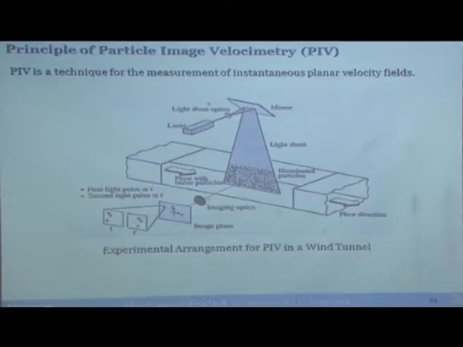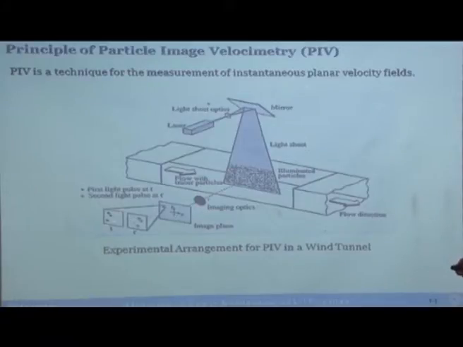So, you have laser sheet optics, which is nothing but a combination of lenses. The circular beam is then converted into a very thin light sheet, and this light sheet is going to illuminate the flow field. So, you are adding the particles here. This flow is seeded with the tracer particles, and when it passes through the sheet, the particles will be illuminated. They will scatter light, and you have this camera here. This is the camera.